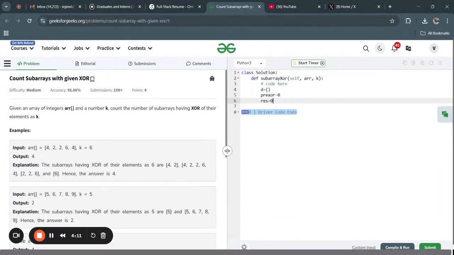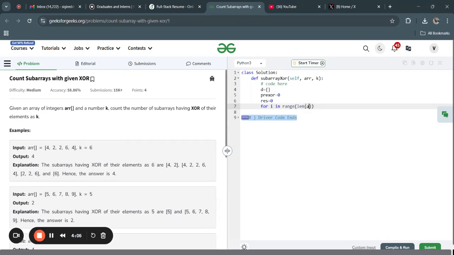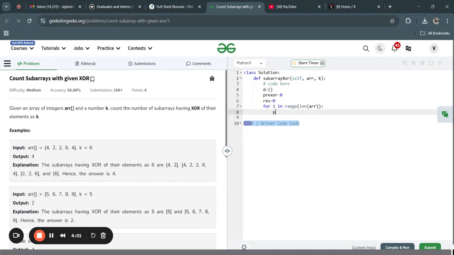And let us take the result as 0, and let us traverse through the array, and let us update the pre XOR every time with the array of i. And if the pre XOR is equal to k, we add 1 to it,